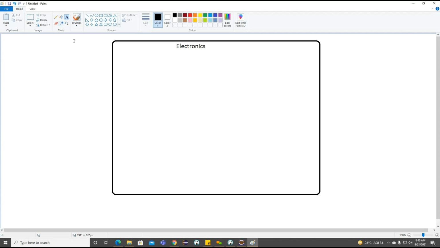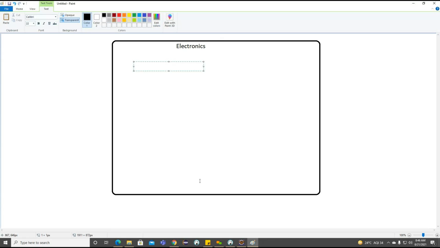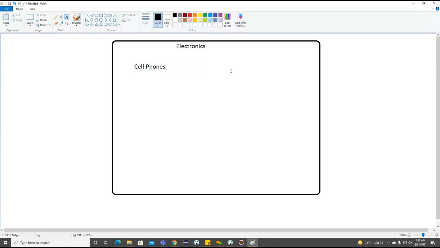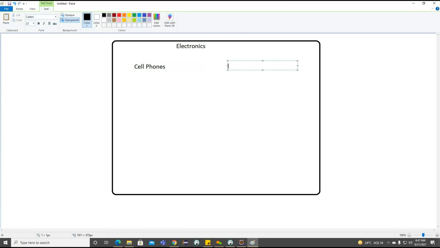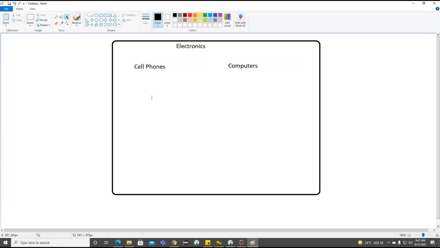So the electronics category we identified here, and the second one we identified here is cell phones, and here computers. For cell phone we don't have any information.